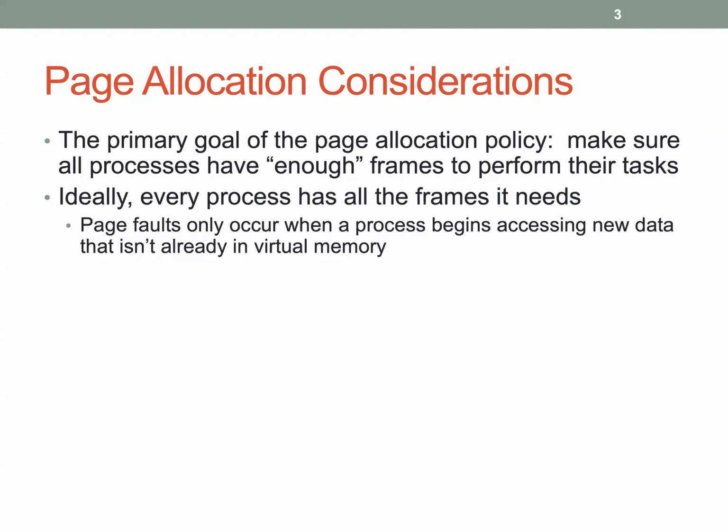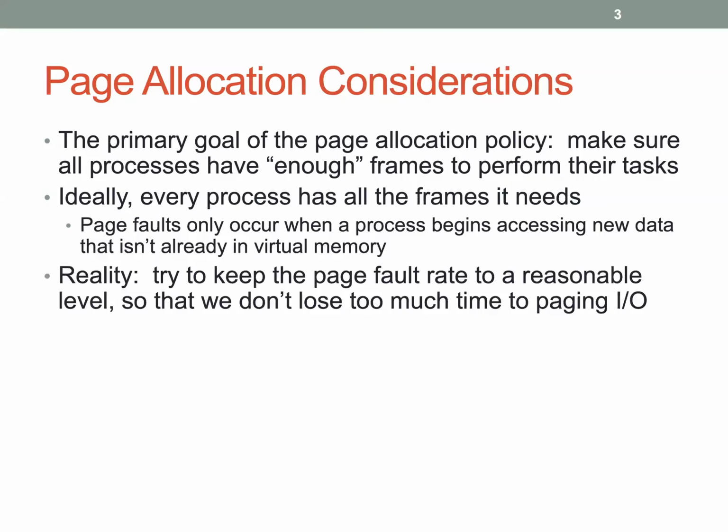accessing data that wasn't already in its virtual address space. That would be the only time we would ever see faults. And our programs would run as fast as they possibly could. In fact, we could be even more idealistic than that and say, hey, let's just always allocate frames to processes every time they say, I think I might want to use that address range. So we could do that too. This would be the ideal, if every process had all the frames that it wants, but